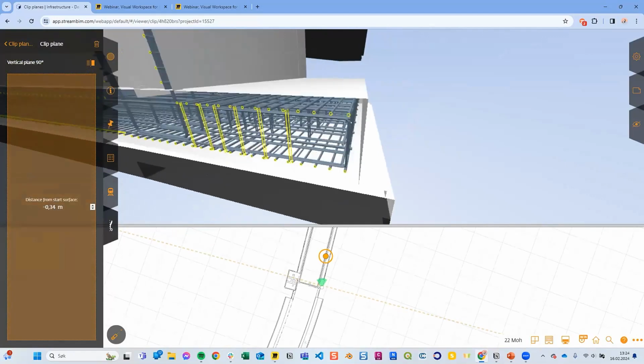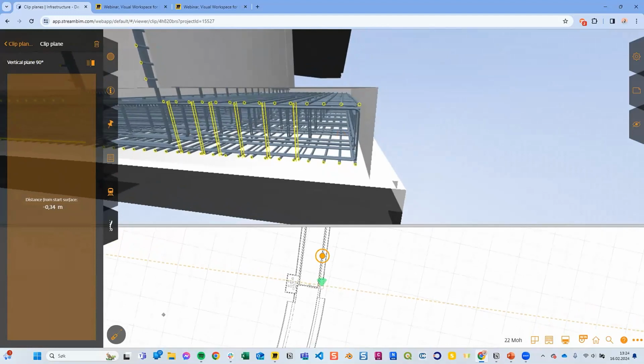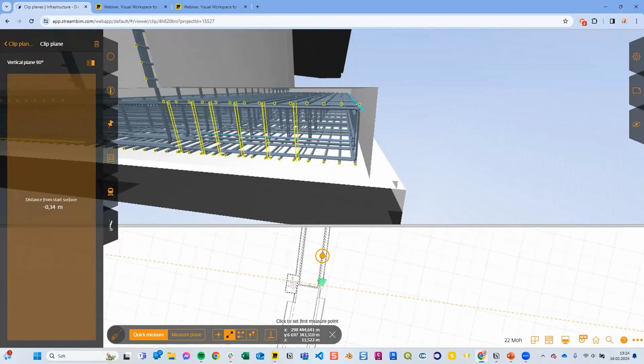Then I can bring out the measurement tool here. This is point-to-point measurement. I will click on the rebar here, and then set it to perpendicular as well, so it locks perpendicular to the concrete here.